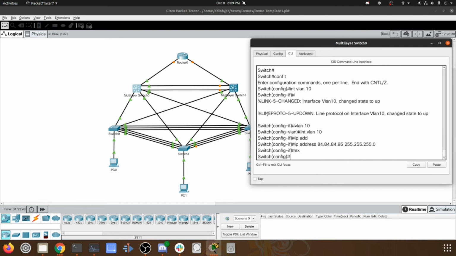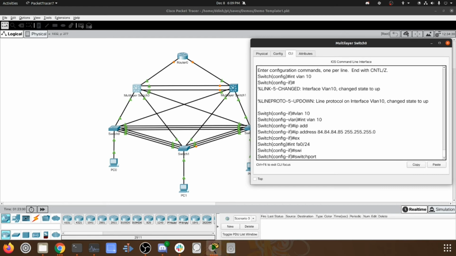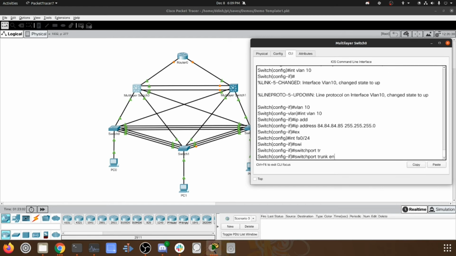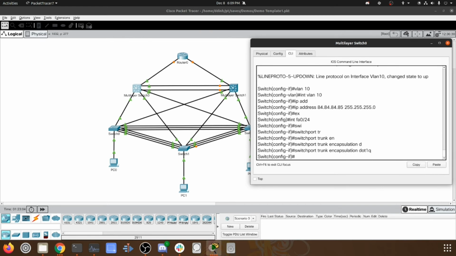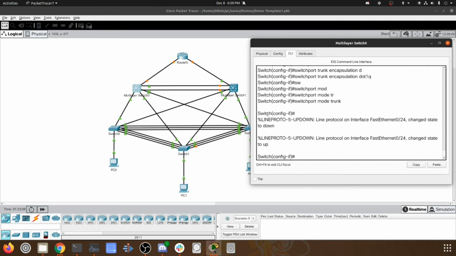Now we have to control the interface Fa0/24 to be a trunk port. So int Fa0/24, switchport trunk encapsulation dot1q, switchport mode trunk. We'll turn that on,